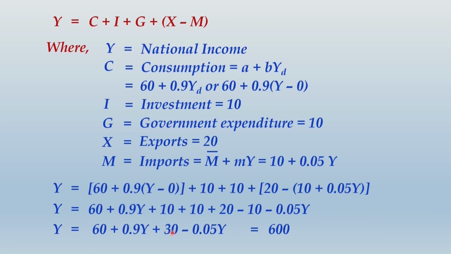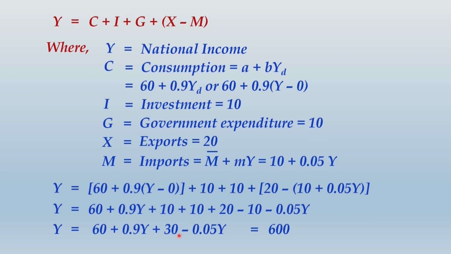And if this 90 matches with 0.15Y, what will be the value of Y? It will be 90 divided by 0.15, and you may check with your calculator. 90 divided by 0.15 will give you exactly 600. Another way to look at that is, once you shift all the components which have Y as a variable to the left hand side, what remains on the right hand side is 60 plus 30, that is 90. Now what you do is just figure out the